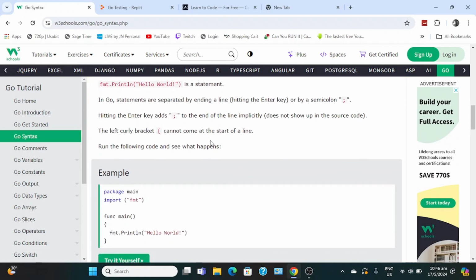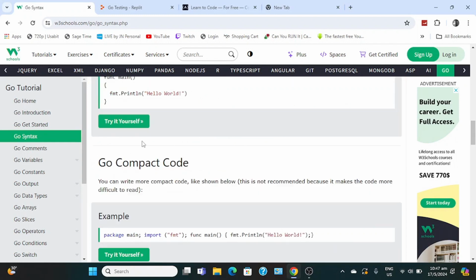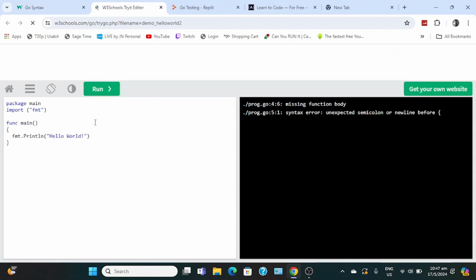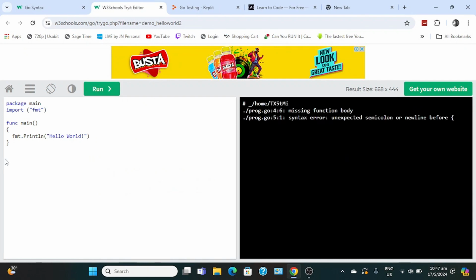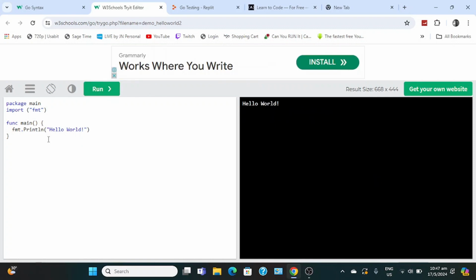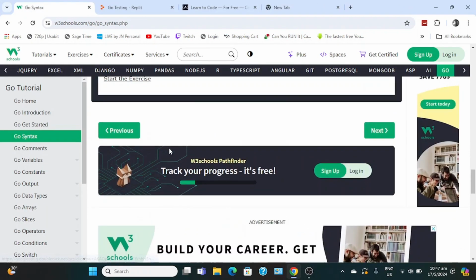Yeah, I'm not going to bore you guys. I'm going to cut through it and just mess around with the code. For some reason this doesn't work, I think because it's run like that. There we go. So again, now you know that you can't set the curly braces like this, like you do in C#. And then yeah, compact code, all that stuff.